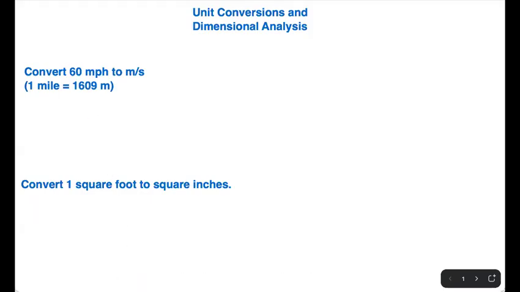So with unit conversions, this could be a question on its own, or it could also be a question within a question where you have to convert. For example, this is asking you to convert 60 miles per hour to meters per second. To set up unit conversions, this is kind of like chemistry conversions. You have 60 miles over hours, and our goal is to do meters over seconds, which means we need to convert miles to meters, hours to